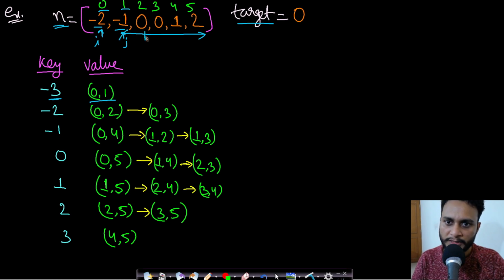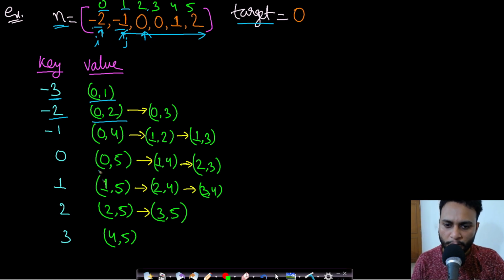Similarly, j will increment and the next sum is -2 plus 0, which is -2, and the index is 0,2. So 0,2 comes here, right? And similarly all the values are stored. If the same value is encountered again, then we will store it in the form of a linked list. This is just like chaining in a hash map, okay? This can also be achieved by using a vector, an array or a dynamic array, anything. But this is the concept of chaining.